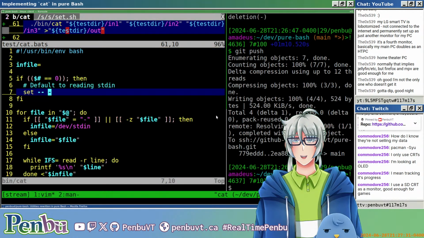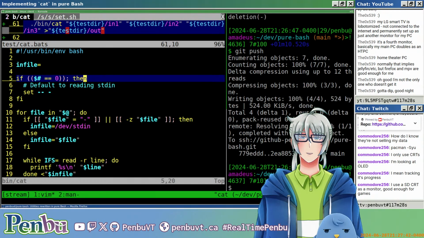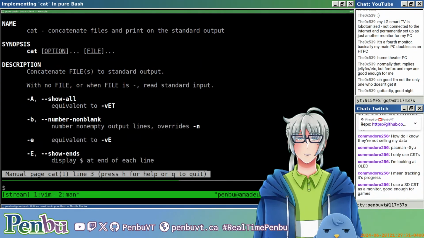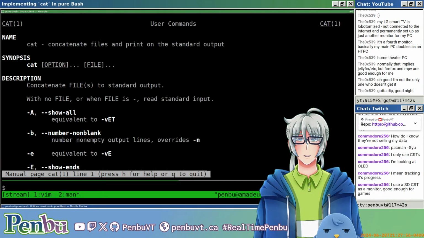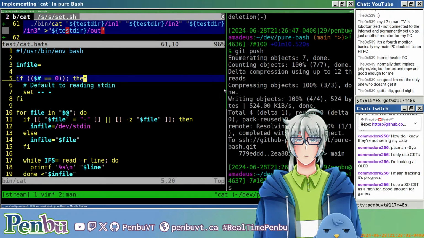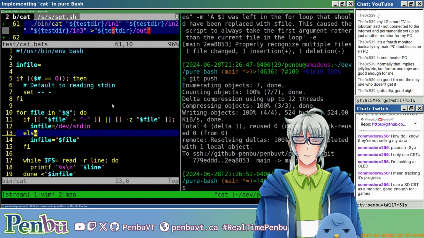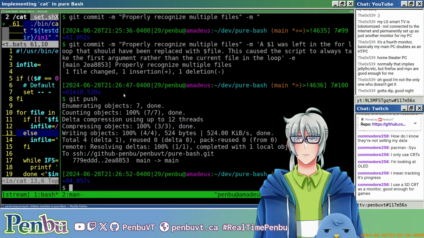But for now, is this everything that I wanted to put in? We can continue this another time, actually, because there were more things that I wanted to do here, like show off how to recognize flags. Because if you look at the man page for cat, there are a ton of flags here, but we don't support any flags right now. But this is fairly good for a very basic cat,